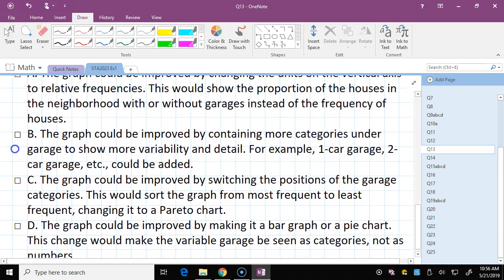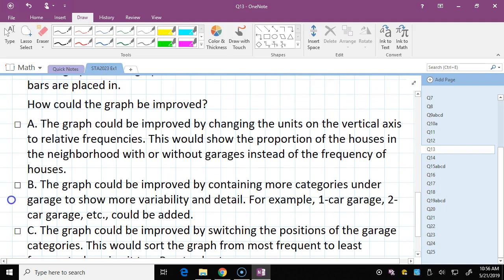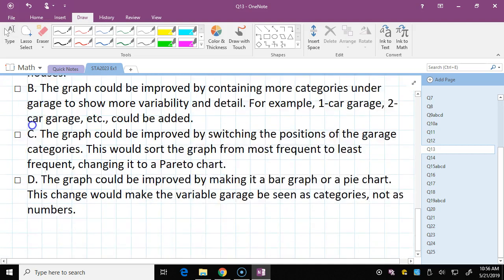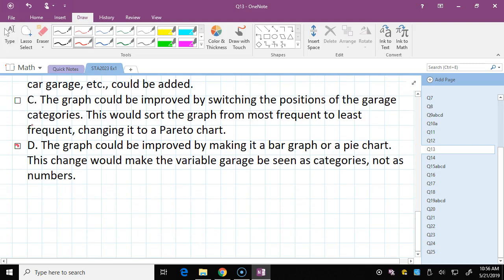Which one up here would help improve the graph? D? Absolutely. Because like we said from the beginning, this is why I could argue some of those bar graphs,